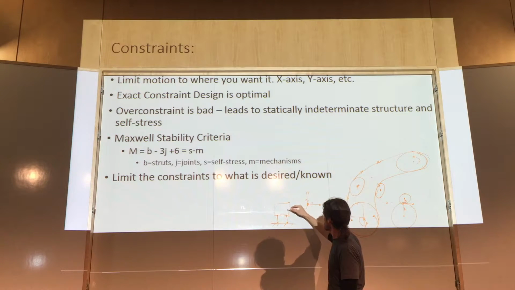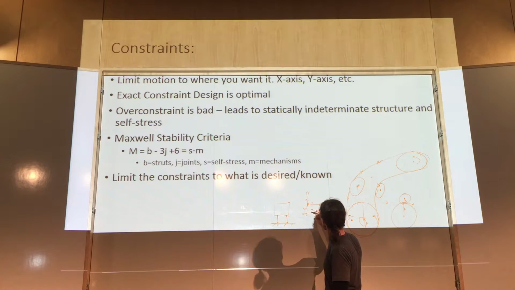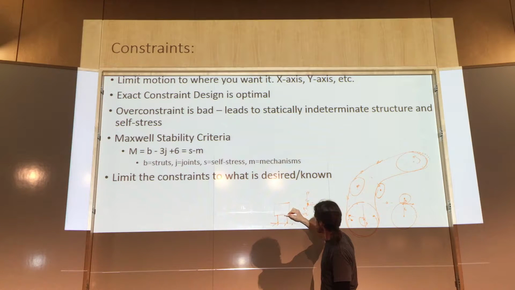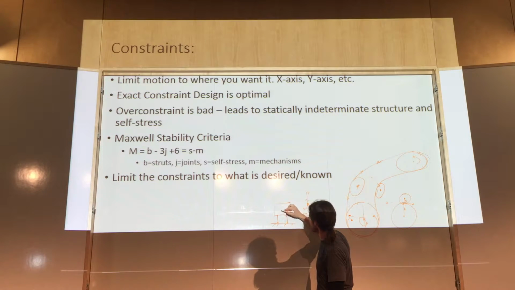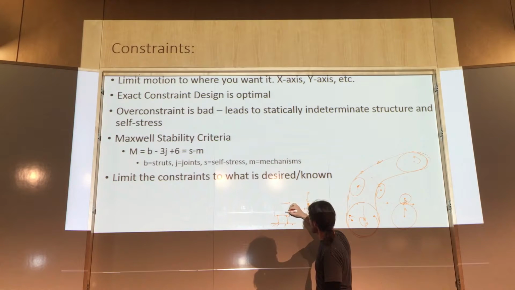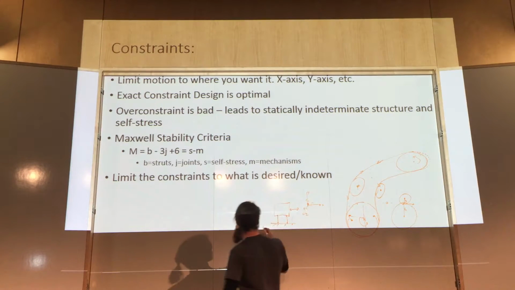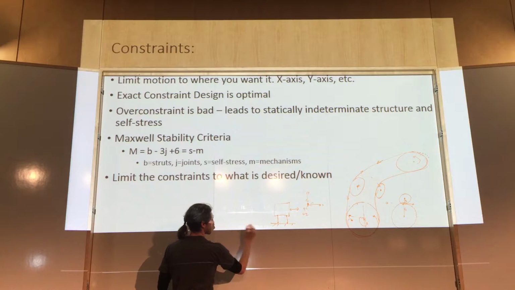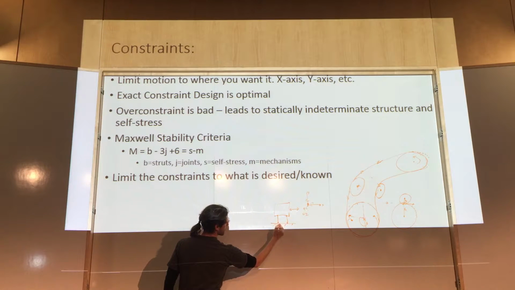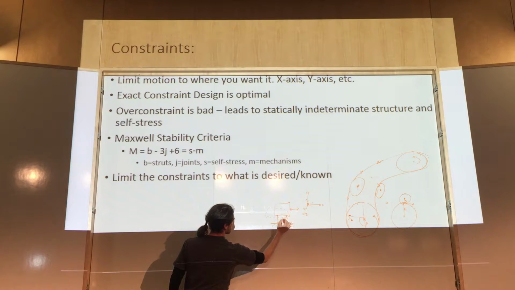So here we're in 2D, so we've got X and Y, and rotation around Z. We've got X constrained. We have Y constrained, but we don't really have X constrained, so this box can actually move back and forth. In fact, that turns into something called a 4-bar linkage, where these pins are able to rotate about these 2 points, and so you can see that this box could easily step over here